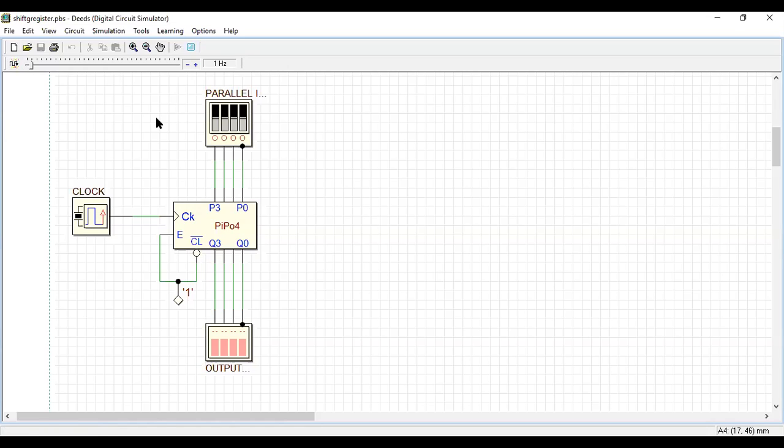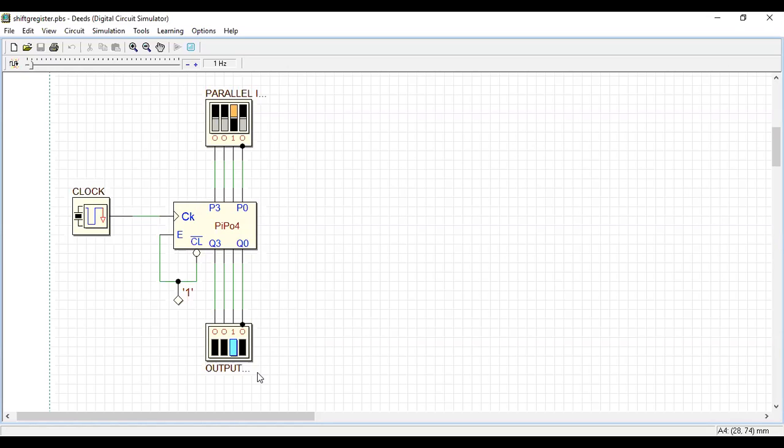Yes, the clock is not animated. I'll give 1 0 1 0. Then I'll apply the first clock pulse. Yes, applied. Got the output immediately. So I'll make 0 0 1 0. Apply the clock. Yeah, got it. Immediately on the application of every clock pulse, your output will reflect the input. So input is applied parallelly, and output has also come parallelly.